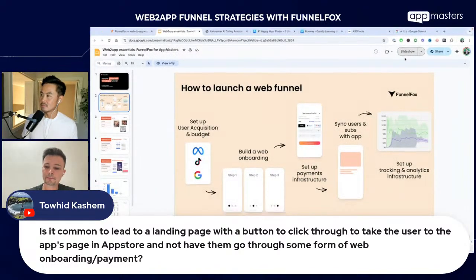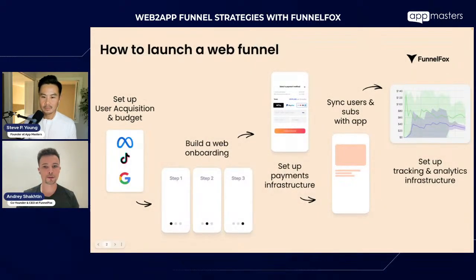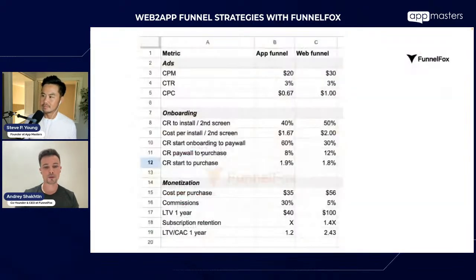I think you can experiment with both strategies, and you can even have both strategies at the same time. So you don't need to choose. Just use both strategies, and that's it. Because it can target a different audience. But if you don't sell subscriptions on web, it's important to mention that you cannot leverage lower fees and high subscription retention and all this stuff. But anyway, you can leverage better attribution